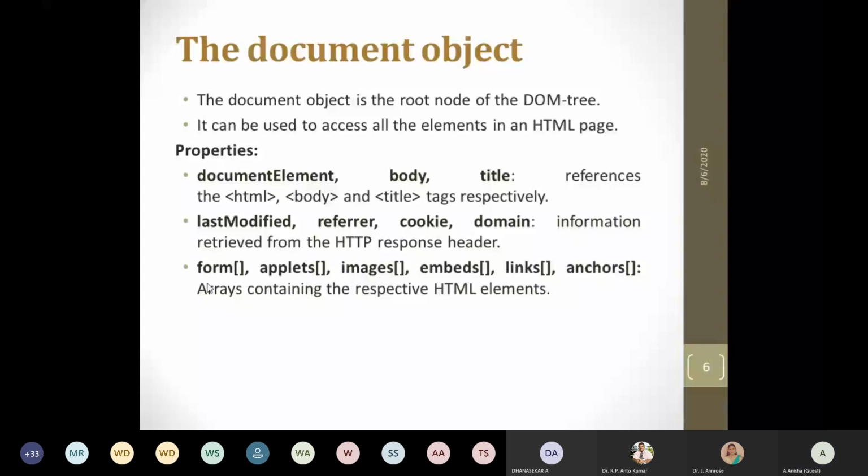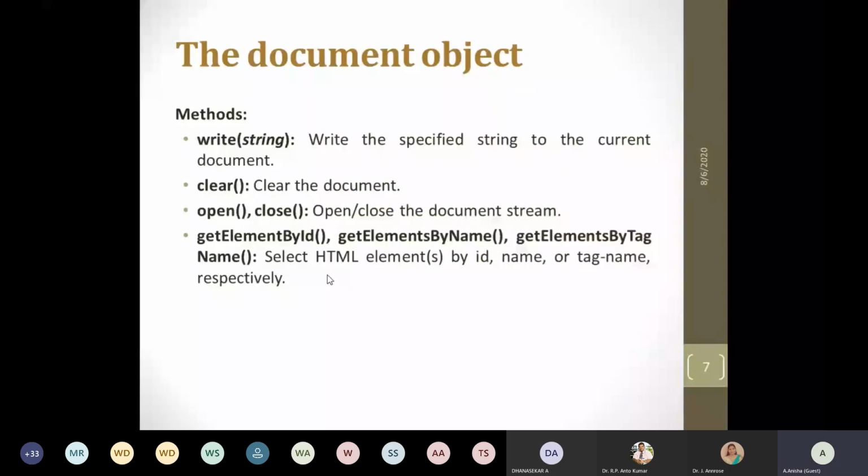And the document object has certain methods too. The first method is write, which we are already using to write something to the current browser window. There is a method clear, which is used to clear the document. And open and close are used to open the document stream, which is used to read and write the contents